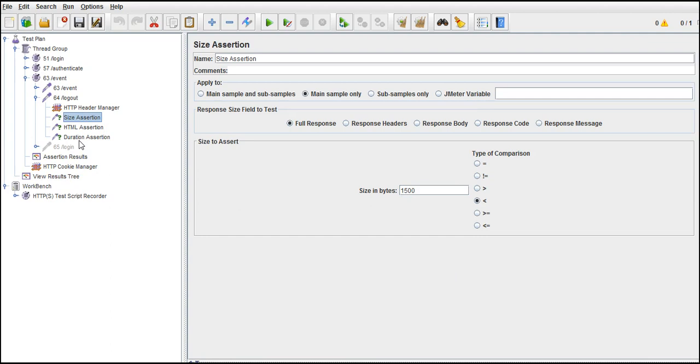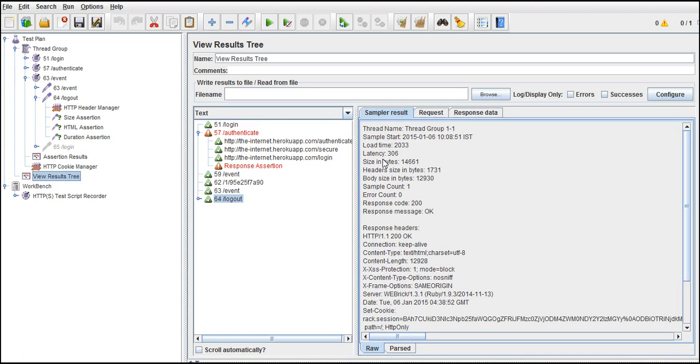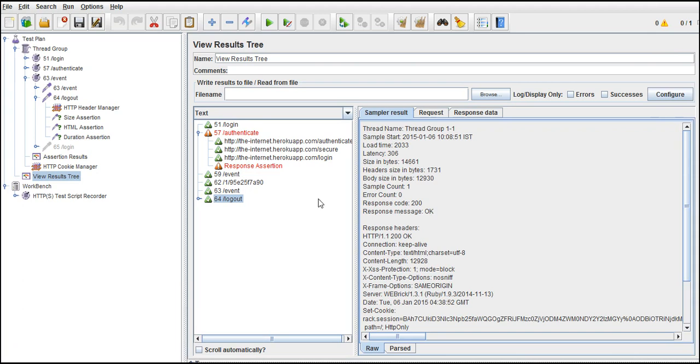And duration assertion says in how many milliseconds this logout operation took to process. Okay, that information you don't get here, I guess. You need to put a benchmark, because whenever you start performance testing, you will get some benchmark parameters from your supervisor.